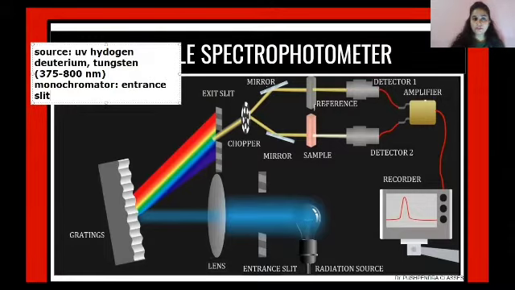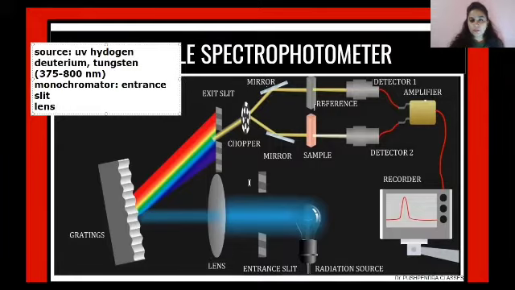Now, what is the main reason for providing an entrance slit? The entrance slit is nothing but a door or window kind of opening wherein the radiation which has been emitted from the source will enter the main part of the instrument. After the entrance slit, there will be a lens. As soon as the radiations released from the radiation source enter, they will strike the lens, which in this case is the collimating lens.